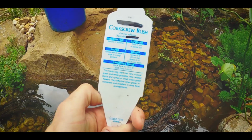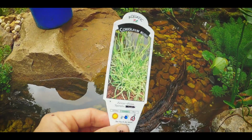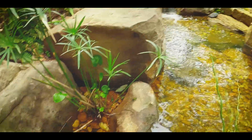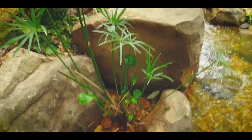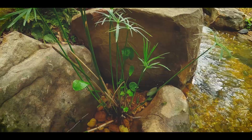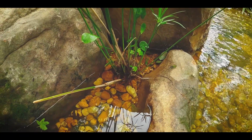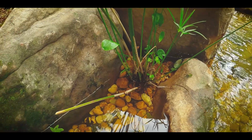Let's see. Plain in sun or partial sun? Partial sun, huh? I've got just the spot for this. Here along this edge, I have this little pocket. I've got this little papyrus. There's another name for this, I think umbrella palm, but I've always known it as papyrus. And I like the way it looks growing here, but I think maybe it needs a little something else to